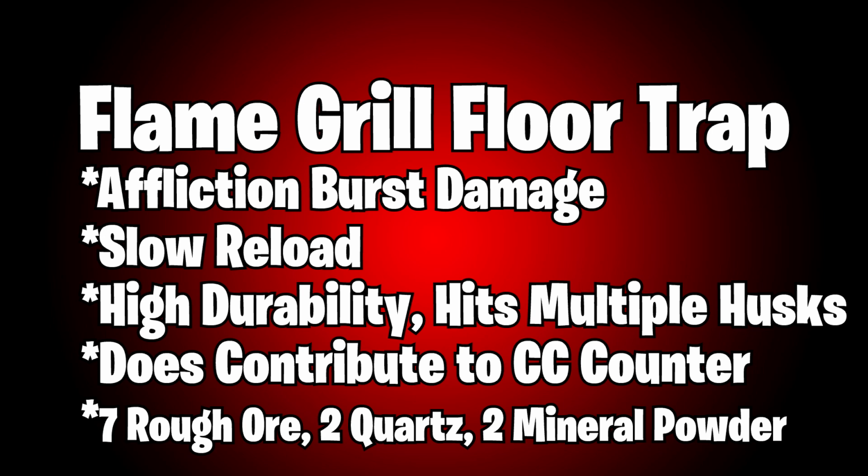And you'll see what I'm talking about in the video later, but it's going to have a really slow reload time, a high durability, it's going to hit multiple husks, and it is going to contribute to the CC counter because it does have an impact-based knockback. So this is going to take 9 rough ores to craft, 2 quartz, and 2 mineral powder. This is pretty comparable to a retractable floor spike